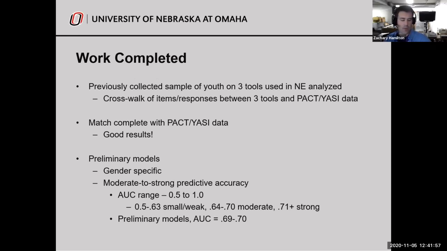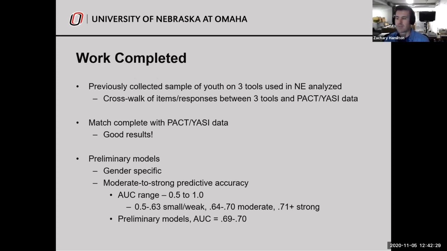It wasn't mentioned before, but I'll mention it here if you don't know about it. Typically when you try to assess how strong or accurate a risk assessment tool is, you'll oftentimes see in the literature the AUC or the area under the curve reported. It's sort of the industry standard to identify how accurate a tool is. It typically ranges from 0.5 to 1. 0.5 is tantamount to flipping a coin, saying, you know, the youth comes into your office, heads, I think you're high risk, tails, you're low risk. That would be a terrible tool, and that's at the lowest end of the range.